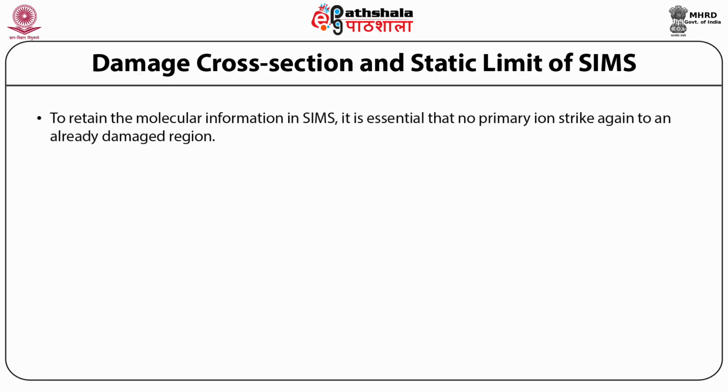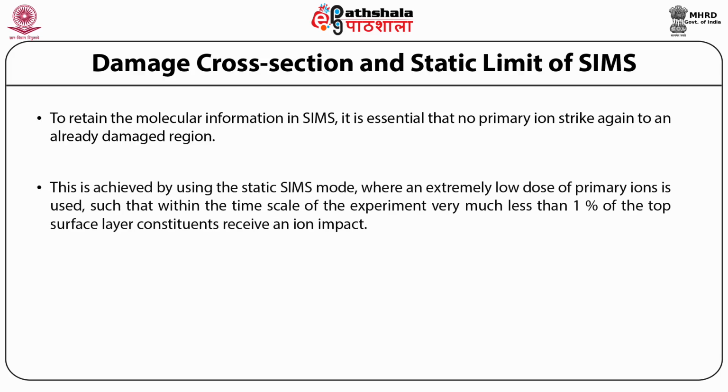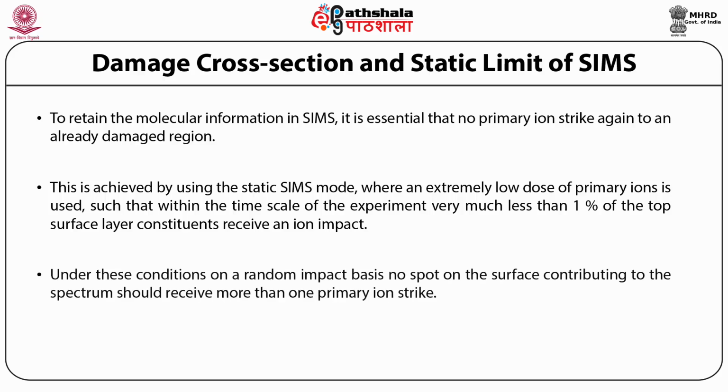Additionally, to retain the molecular information in SIMS, it is essential that no primary ion strikes an already damaged region. This is achieved by using the static SIMS mode, where an extremely low dose of primary ions is used, such that within the time scale of the experiment, very much less than 1% of the top surface layer constituents receive an ion impact. Under these conditions, on a random impact basis, no spot on the surface contributing to the spectrum should receive more than one